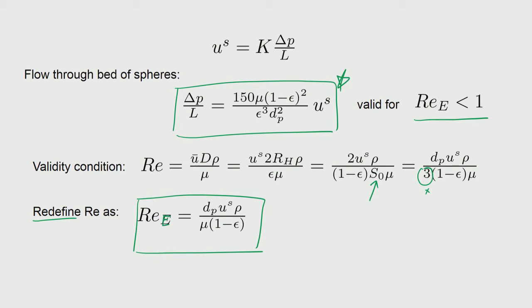So, with this definition of Reynolds number, if it is less than 1 or very small Reynolds numbers, then we can go ahead and use the Blake-Kozeny equation for a bed of spheres here, and this would actually relate how the pressure drop per unit length is changed because of the velocity that is going through, which we desire. So, which also means that if you want a particular amount of pressure drop to happen, then knowing the velocity of the fluid going through, you can ask yourself what is the epsilon that you would need to achieve that kind of a pressure drop. So, that way we can actually put these things to great use.